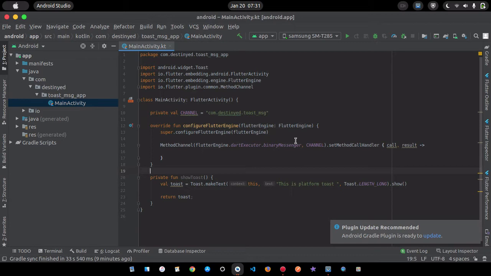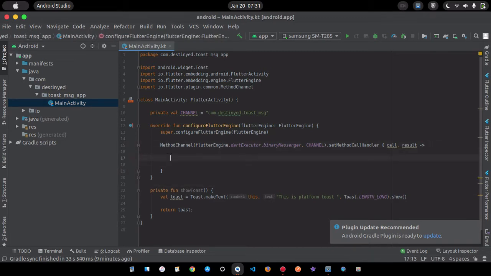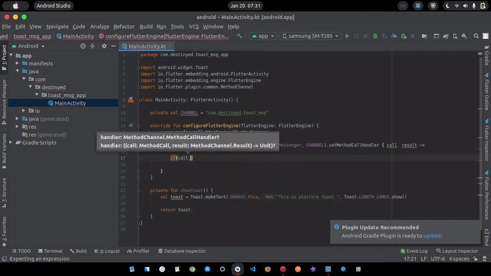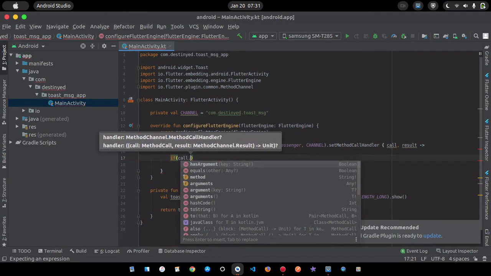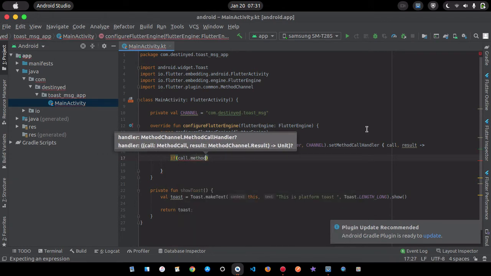Now what I'm going to do next is go back to the method call. On the Flutter side I'm going to specify the function I want to call, and the name of the function must match the function name inside my Kotlin code. So I'll use an if statement: if call.method, from the Flutter side, which is this call here, is equal to